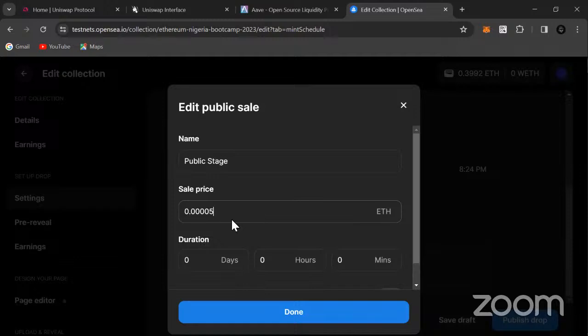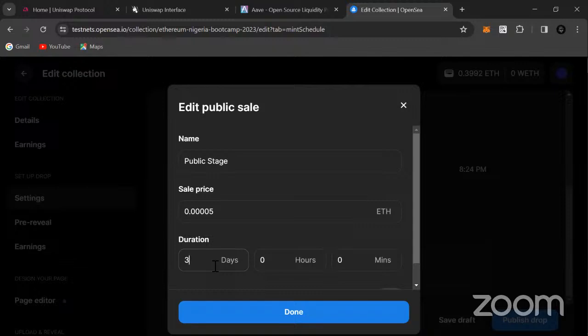Here you can set any price you want, and it's paid in Ether. But to make it cheap so that everybody can afford it, we are going to make it relatively cheap. And we want our mint to last for, let's say, 3 days. Just 3 days. What this means is that after the third day, this is our terms and conditions